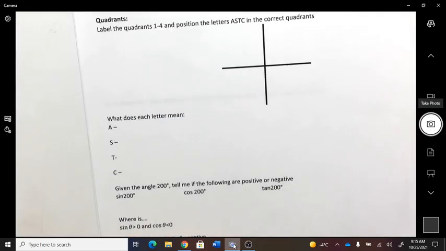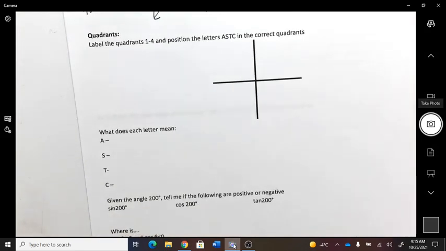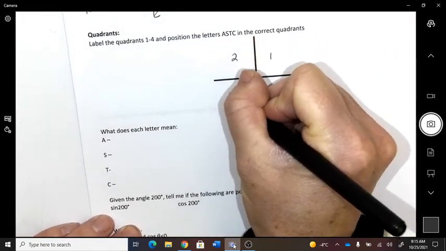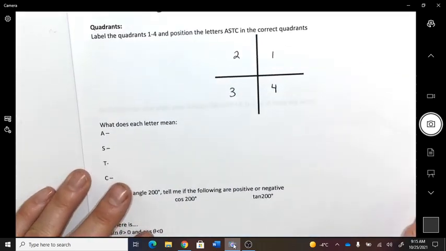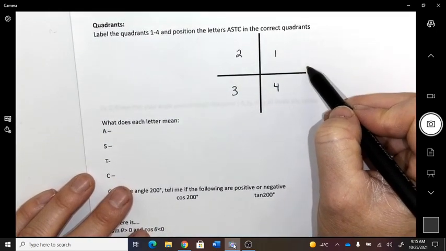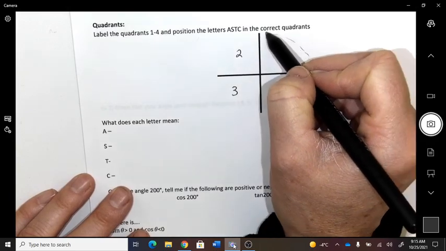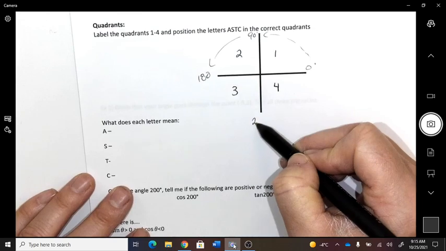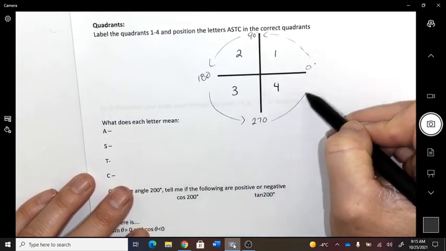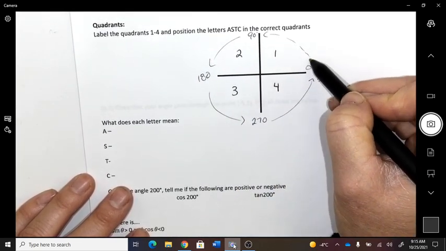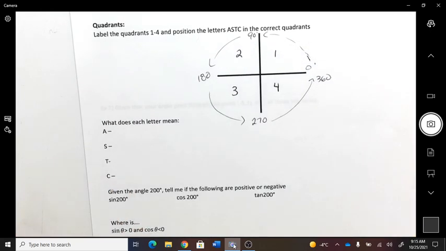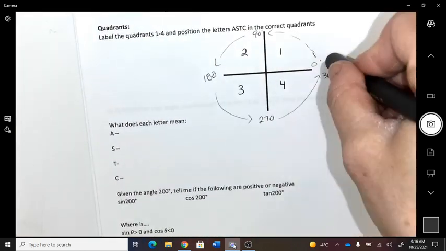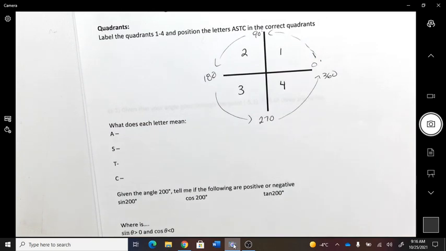Okay, quadrants. So this is quadrant 1, 2, 3, and 4. We just talked about because it was like with the angles. The quadrants follow the angles. So if you start at 0 all the way around,